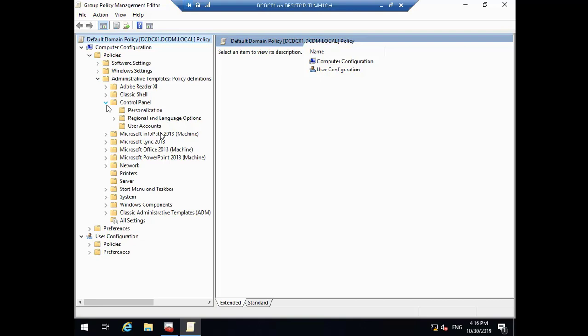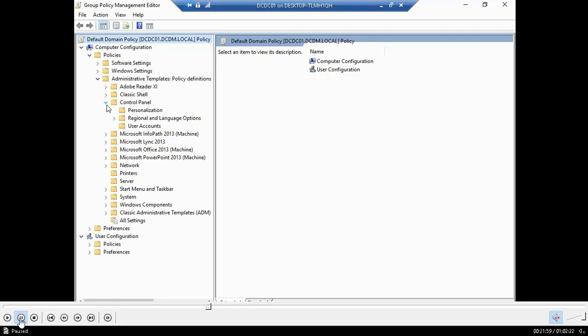So this is why we have, for example, Adobe Reader XI. I have also imported some group policies concerning the Adobe Reader. So there are a lot of group policy templates other than the ones for controlling the Windows settings. Okay, so this is implemented successfully, and these templates are pulled from the Active Directory central group policy location, the one that we have created in the sysvol, and that I have shown you in my previous videos how to create and why we need to create it in this way. Okay,